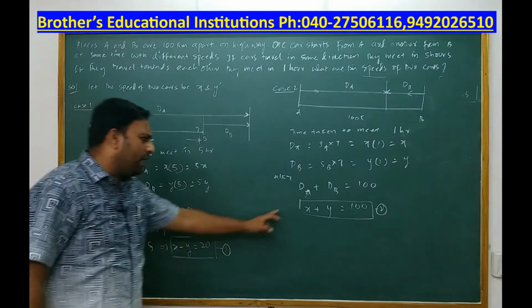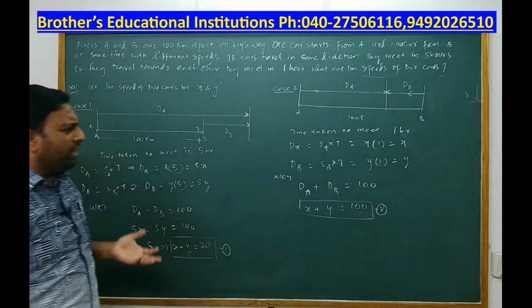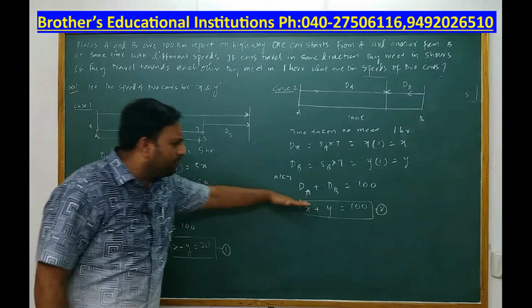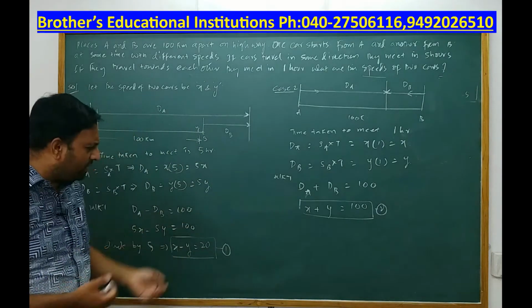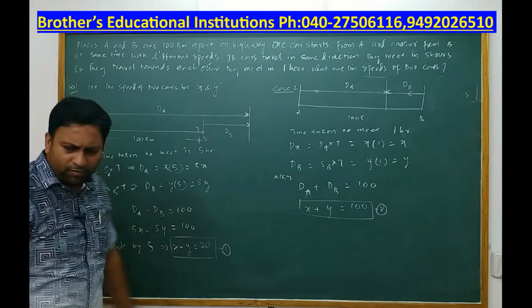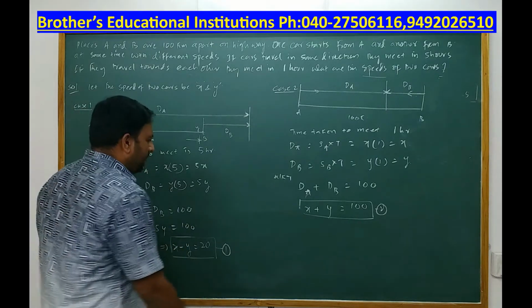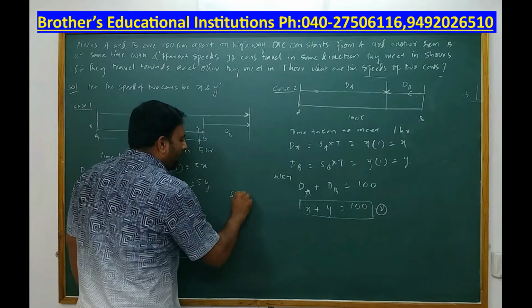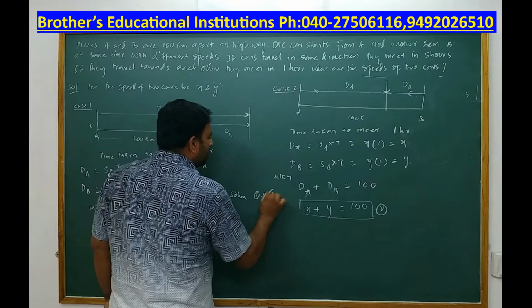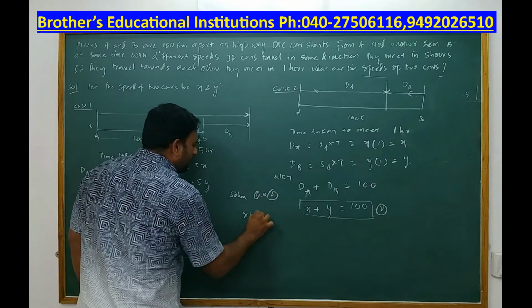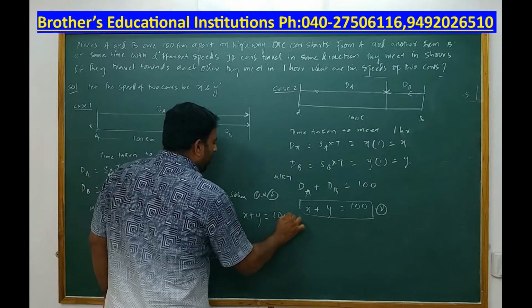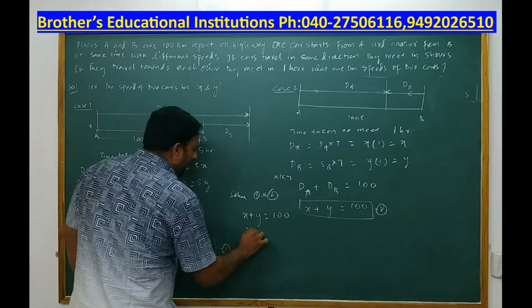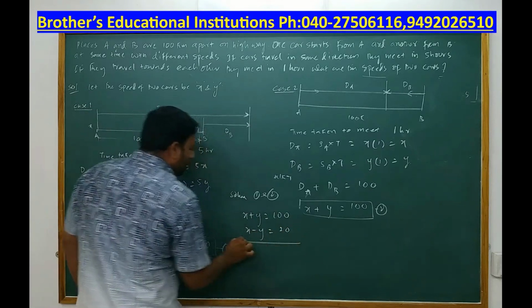You got a second linear equation. Now together 1 and 2 are called a pair of linear equations. See, the most difficult part is getting a linear equation. Once you get this linear equation, you know the method of solving and you can solve this very easily. Alright, so I will say solve 1 and 2. What is the first one? X plus y is equal to 100, and what is the next one? X minus y is equal to 20.